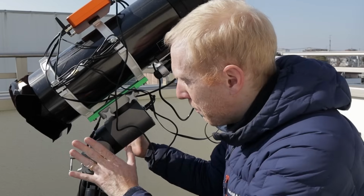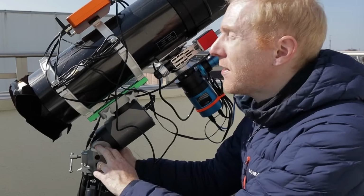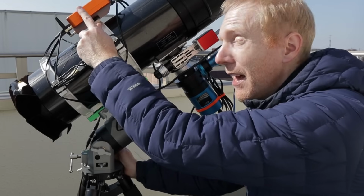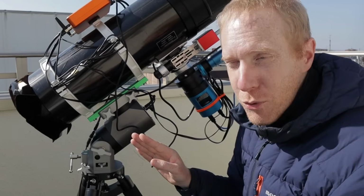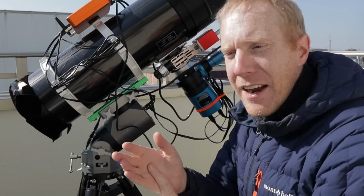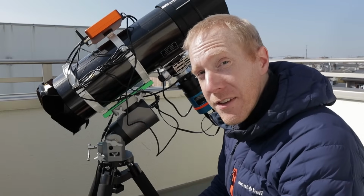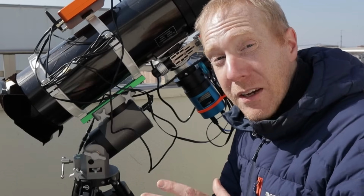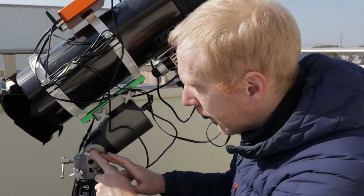I'd also like to point out that I did polar align the mount very precisely using the polar alignment routine that is in the StellarMate Pro, which is pretty much the same routine that you have in the ASI Air, in SharpCap, or in Nina. It's very intuitive and very easy to use. On the topic of polar alignment, as I believe I mentioned earlier in the video, the locking knobs that we